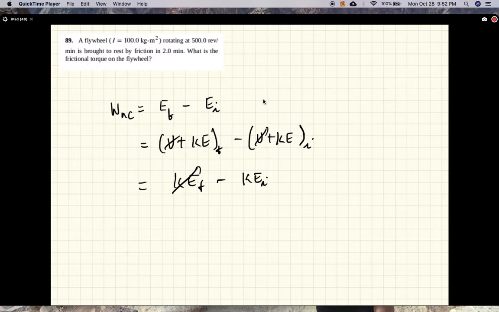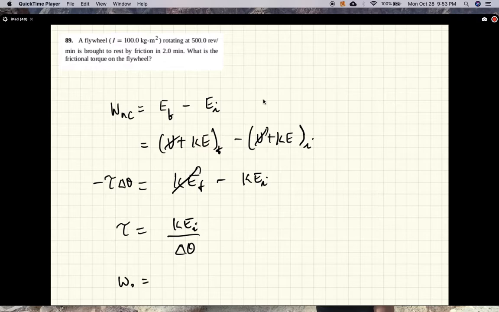and the work done by friction is the frictional torque times the angle through which the flywheel rotated. So we'll have to calculate the angle. The torque will be initial kinetic energy divided by the angle through which the flywheel rotated when it's coming to a stop. Okay, so